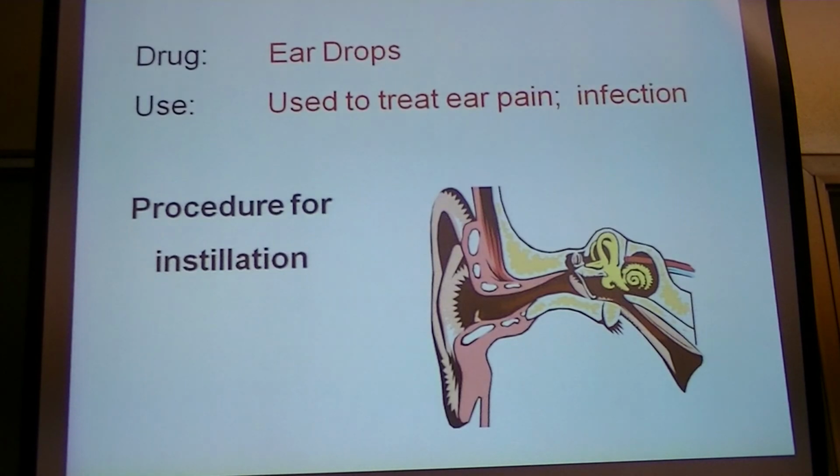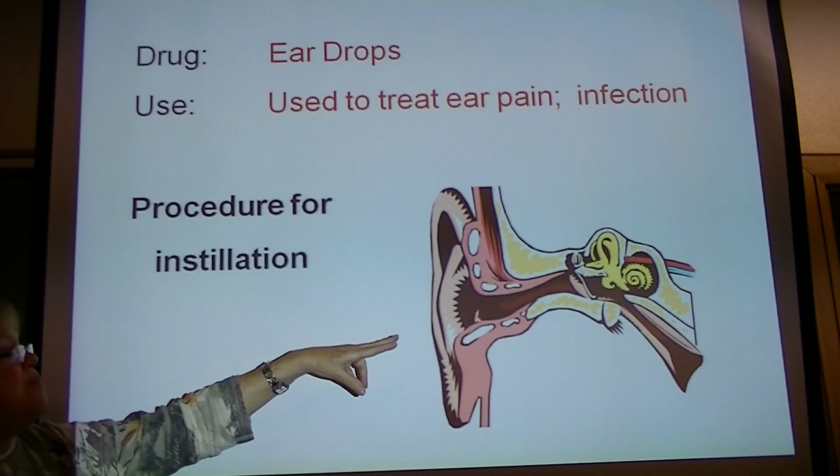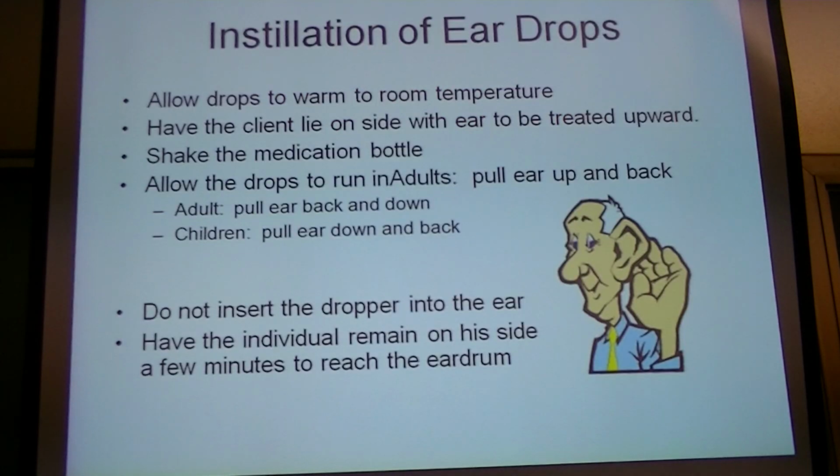How are we gonna do that? Oftentimes there's an infection, and it's not usually for the middle ear, but it could be for external, or sometimes I've seen it used because it corrects the infection that has come onto the eardrum, or to treat pain. Then our procedure is to allow it to warm to room temperature. The way I would do that, other than just putting my hand, is if you know you're going to be administering that eardrop in the next 30 minutes, just take